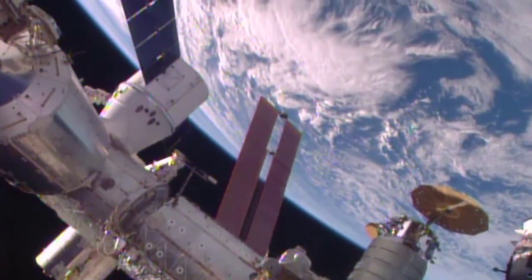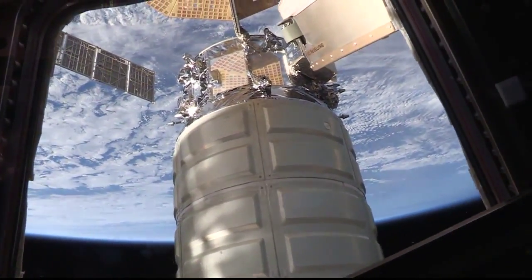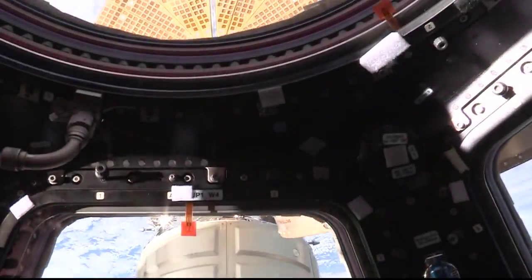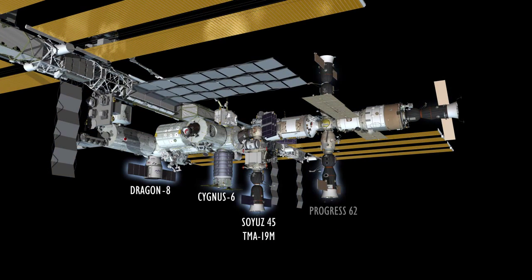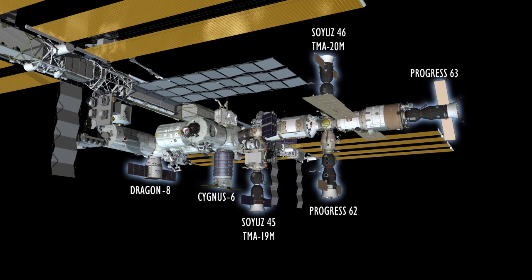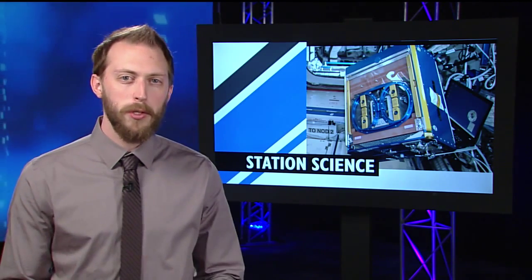This was an exciting milestone as it marks the first time in history that both U.S. commercial cargo vehicles, Dragon and Cygnus, are at the station together. This is also only the second time that 6 vehicles have been docked at the same time, tying the record set back in 2011. There's a lot of science on board Dragon, and one of the first experiments to be